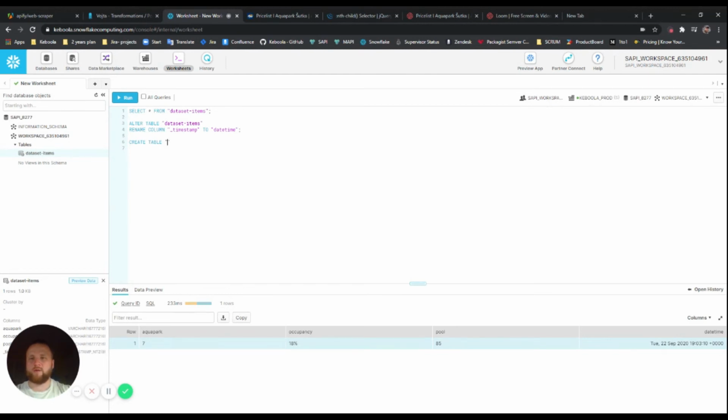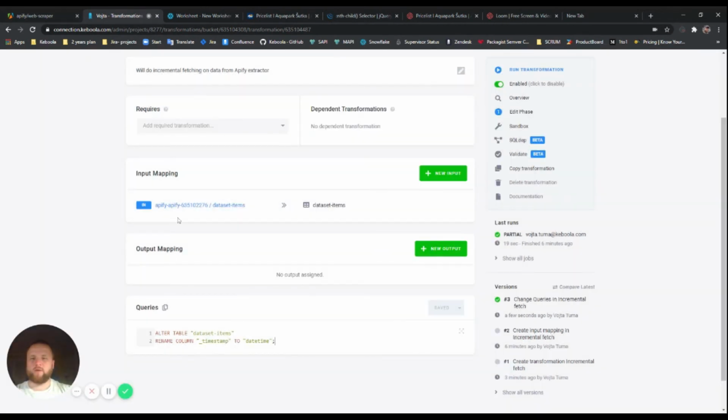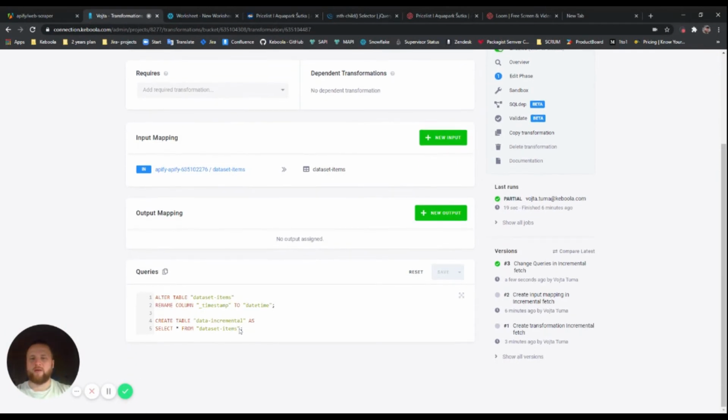Create table data incremental as select everything from data set items. So we will run it. Just pass through. We have to copy it here inside the query. So we will have here now two commands. Save it. And now we have a table called data incremental